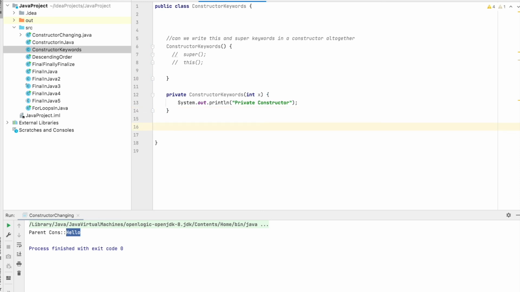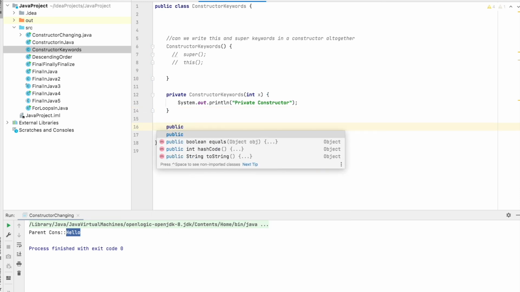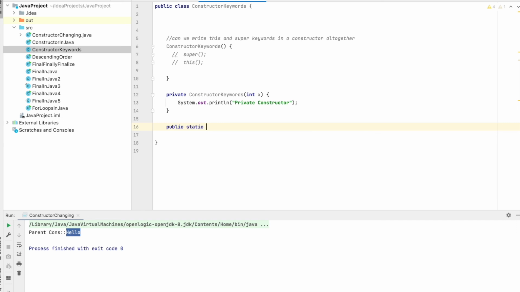Let me run the code also, so we can confirm whether it gives us a runtime exception or runs properly.